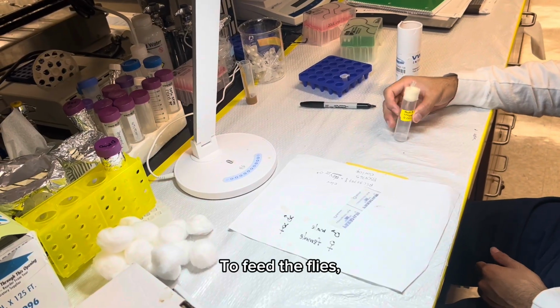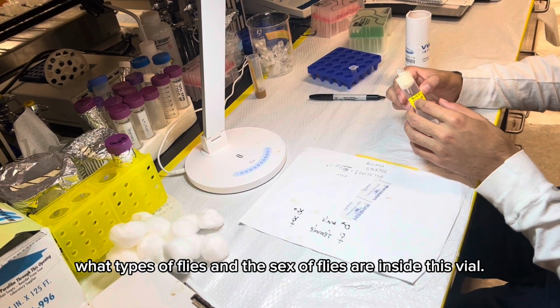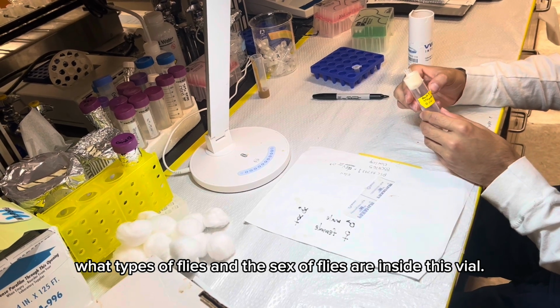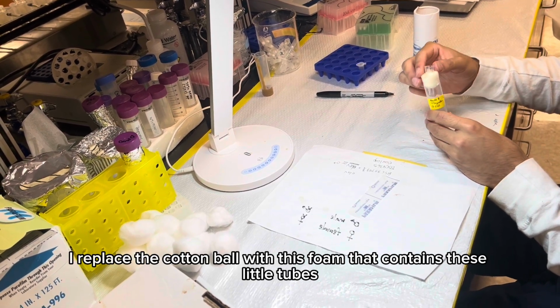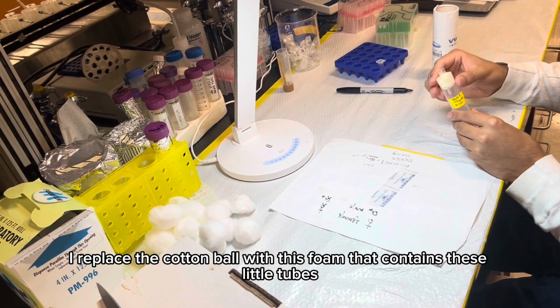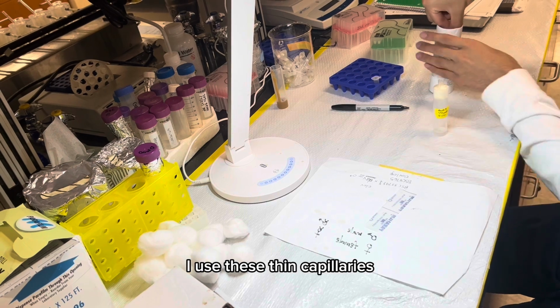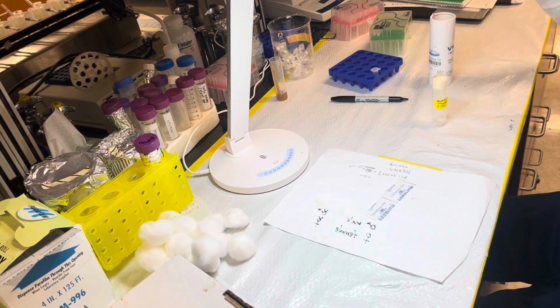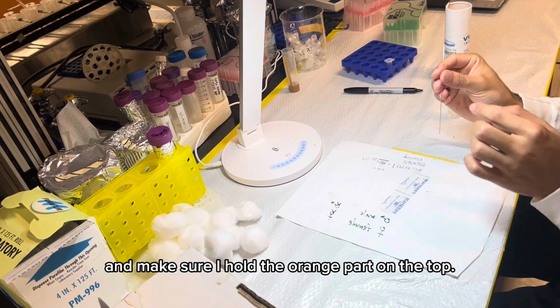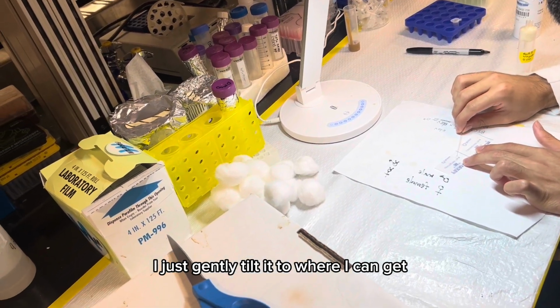To feed the flies, I have the original starvation vial with the label indicating what types of flies and the sex of flies that are inside this vial. I replaced the cotton ball with this foam that contains these little tubes, which is how we insert the capillaries in the tubes. To feed the flies, I use these thin capillaries. I make sure I hold the orange part on the top, and I just gently tilt it to where I could get the